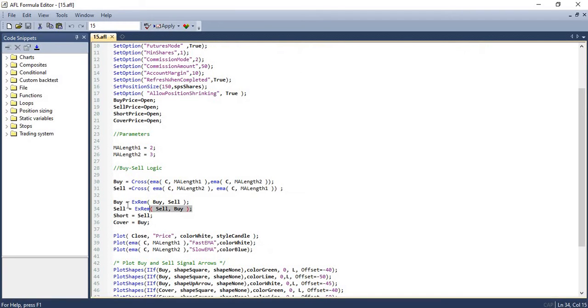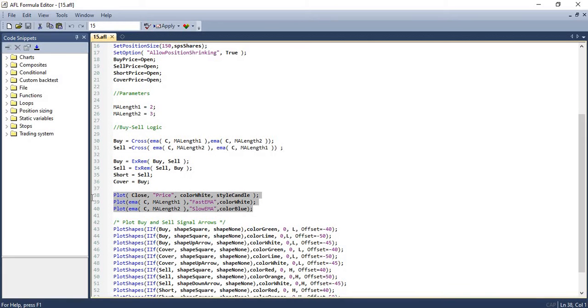And like always, we are using the next two lines of code to remove the excess buying and selling decisions. That is, at any point, there will be one active position only. And the next two lines are used for shorting and covering conditions, which is nothing but selling and buying conditions. This indicates we will be taking reverse positions whenever we exit any trade. So this indicates we will always be in a trade at any point in time.